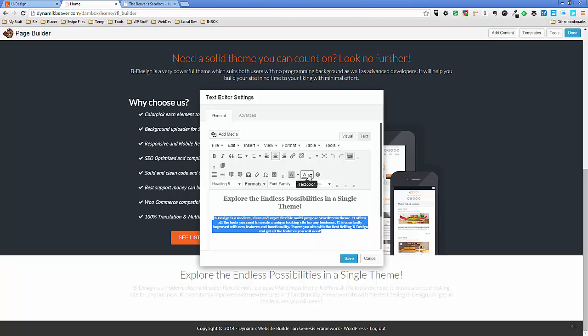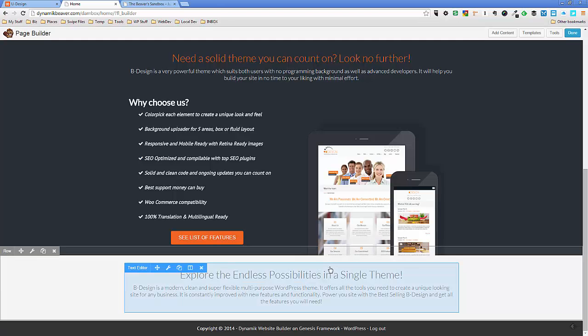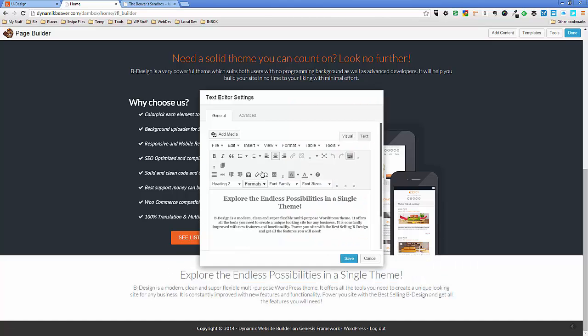Sorry, not font sizes. I want to change the color of the font, not the font. Let's go with that one. And save. There we go. That's much better. I'm just going to push this down a little bit because there is quite a big gap